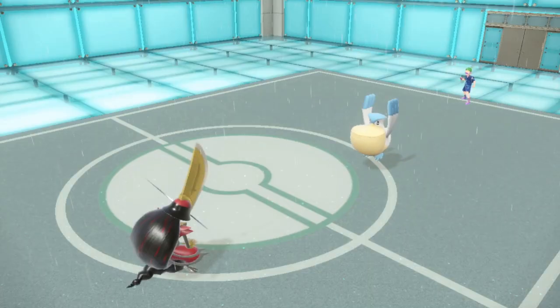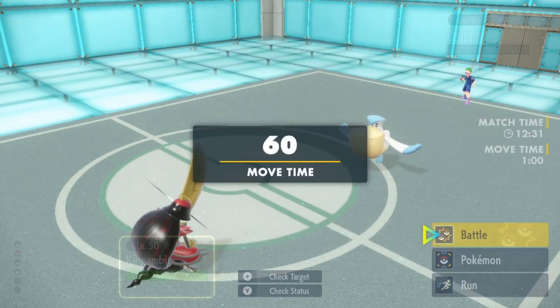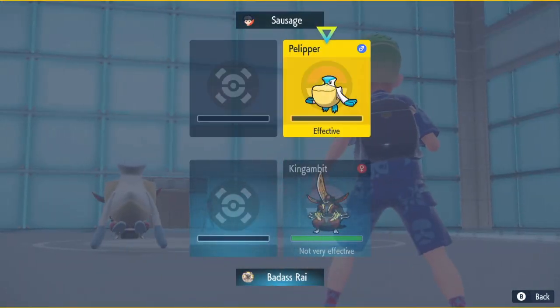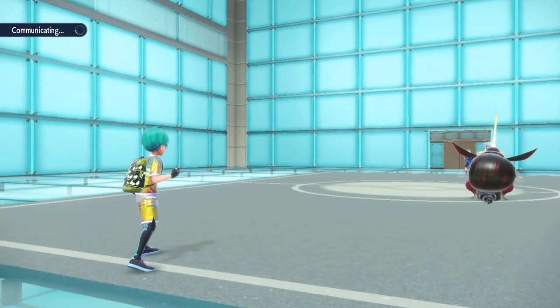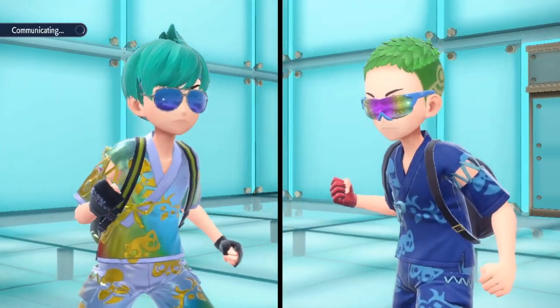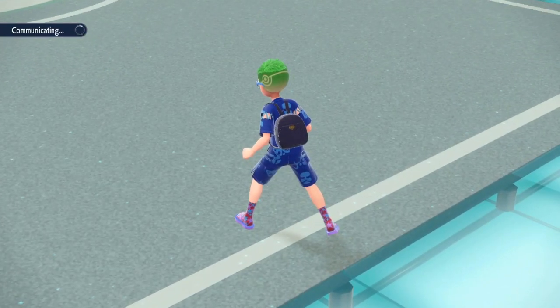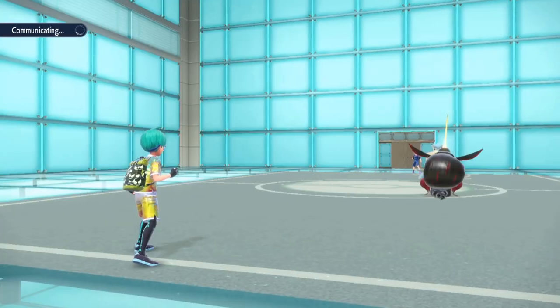I don't think there's any way he one-shots me here at all, even with Feather Ball, and he has no rain anymore anyway, so I don't even need to click Sucker Punch. I just click Kowtow Cleave here, actually. That way, if he has Roost, I can just break through Roost, if that's what he wants to do here, too. It's Protect, Tailwind, Weather Ball, Hurricane, I think is his set, so... He doesn't even have Roost, so...